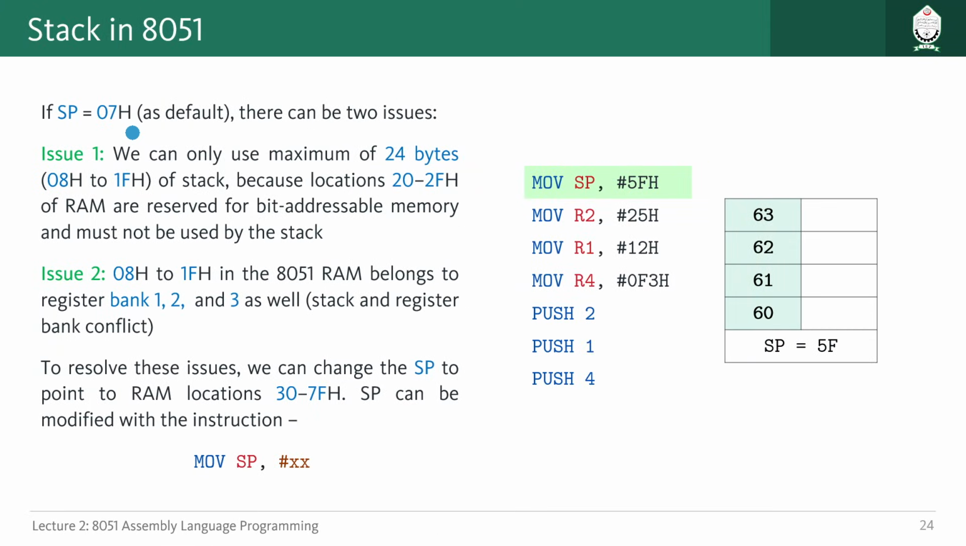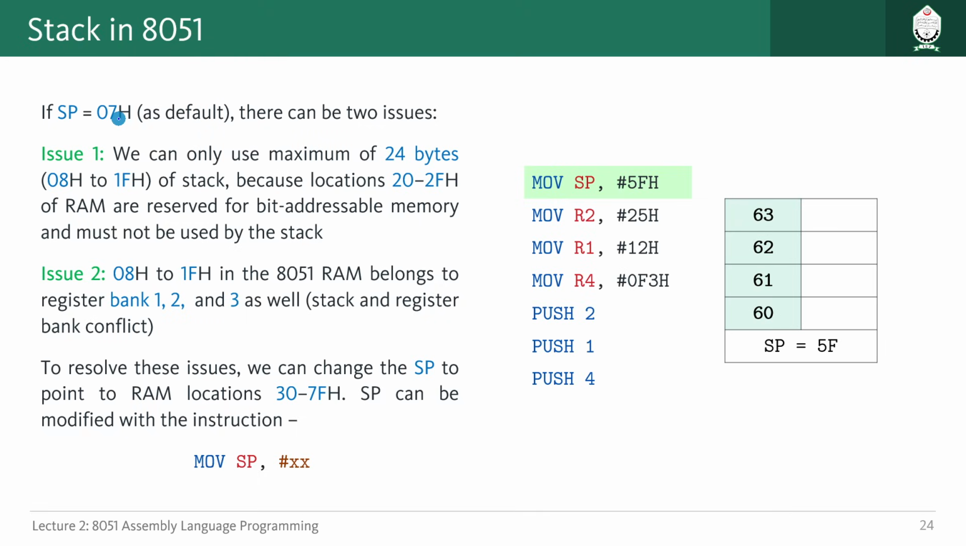Now one problem is, as you know, by default the stack pointer starts from 07H. This is the initial location stored in SP. That means when we start storing data onto the stack, it starts from 08H, then 09, then 0A, 0B, in this way up to a higher value. So if we try to push more values, you will see that there will be